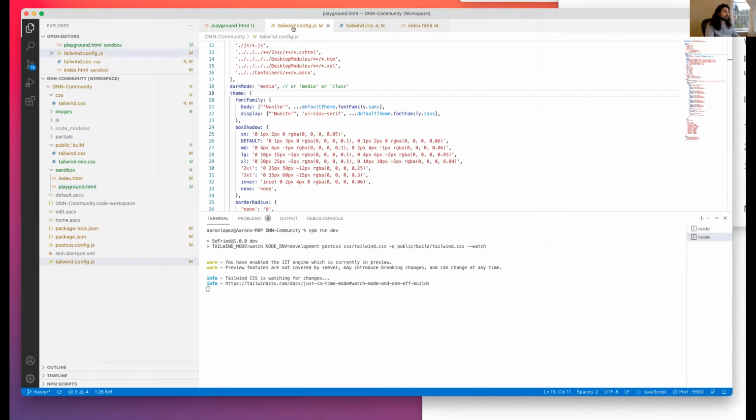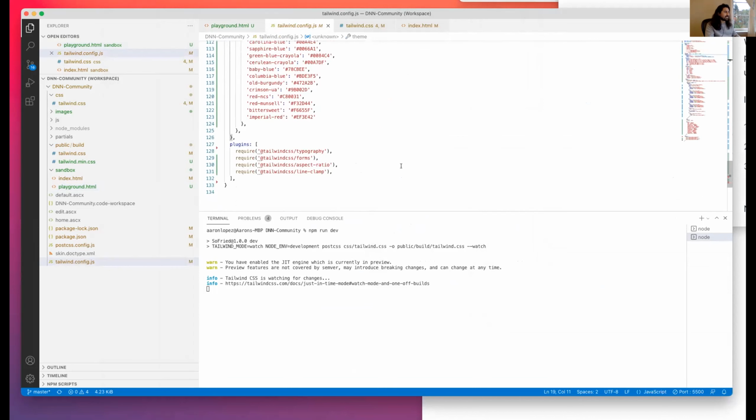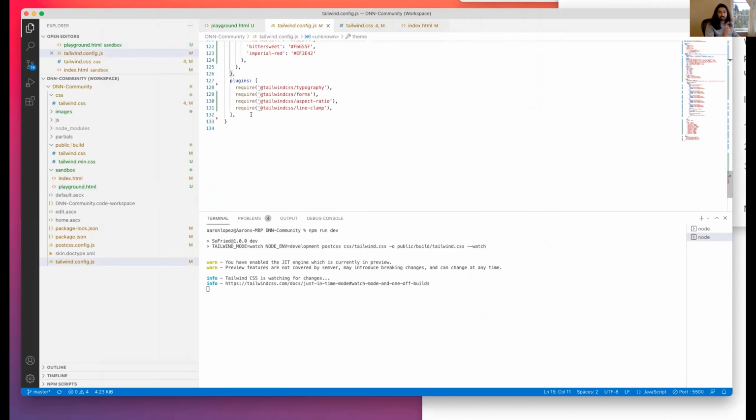There is a way to configure it, I don't have it in here, but you can change it with one line. So instead of using the prose class, it uses normal. So if you wanted to build this into DNN for HTML modules using the normal class, you totally could. It would be no problem whatsoever.